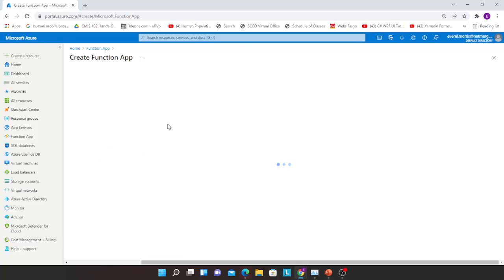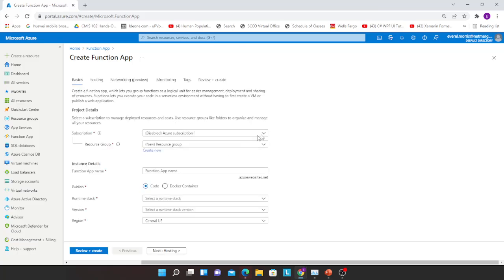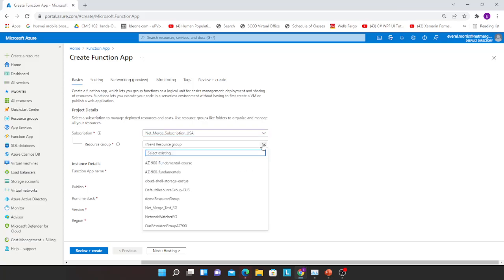Okay, so first you want to select a subscription. Remember, you need a subscription to use Azure. We spoke about that before. Whether it's a paid subscription, a postpaid or prepaid subscription, you need a subscription to be able to use Azure. So I'm going to use a generic subscription that I already have, and then I'm going to select a resource group,